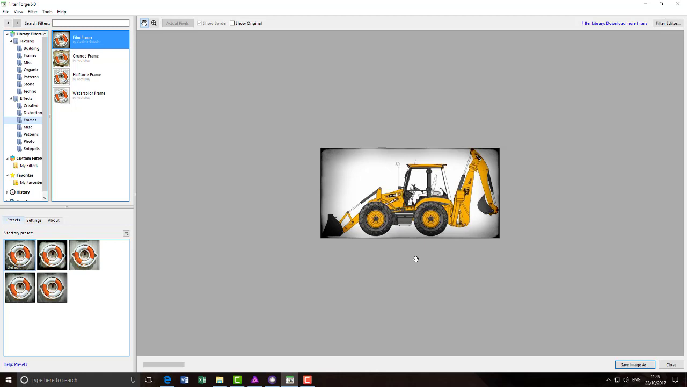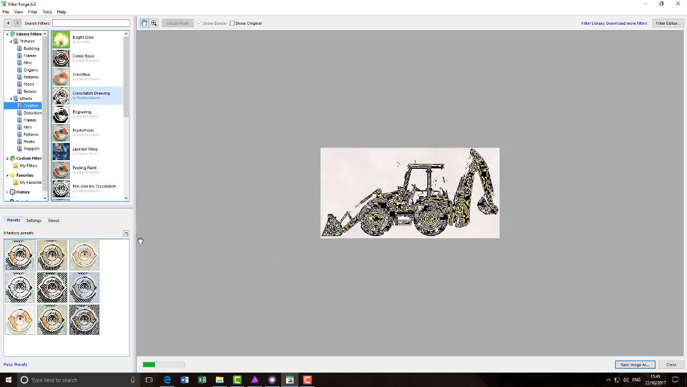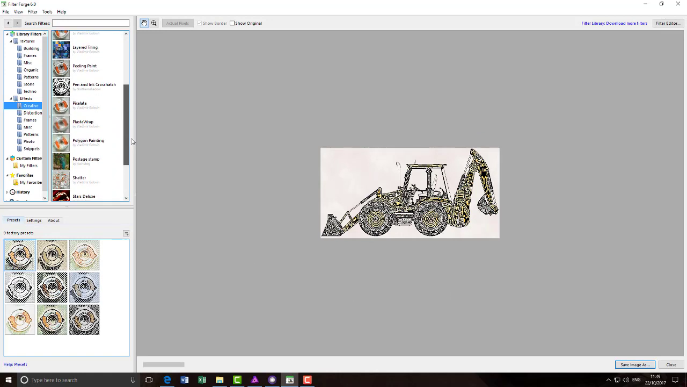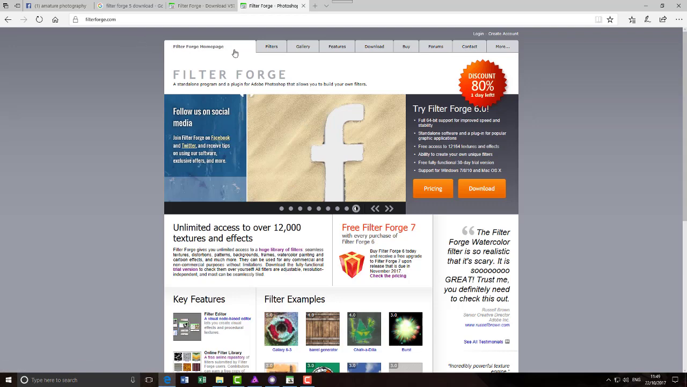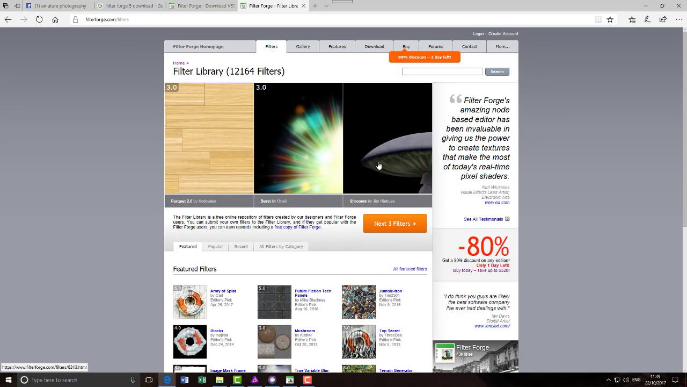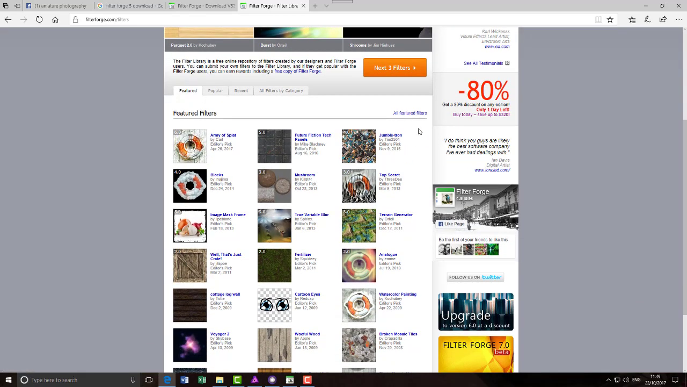So you have this sort of different effect here. As you can see, it is quite quick adding the filter, and there are lots of filters, and these are just the ones that have come with the program. If you go back to the PhotoPlus website and click on the filters tab, you can come to all featured filters,